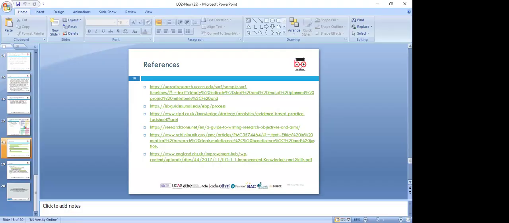SWOT analysis and SMART analysis, you need to know them. It's something that anywhere you go, you need to apply that. When you learn a research work and you're able to do it,